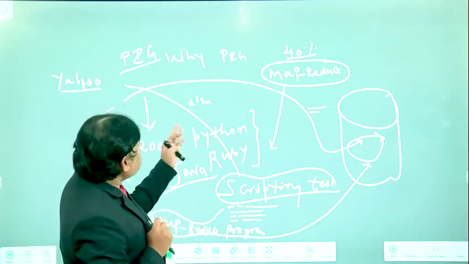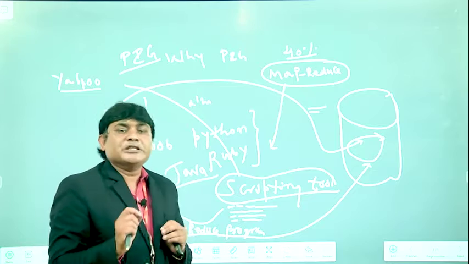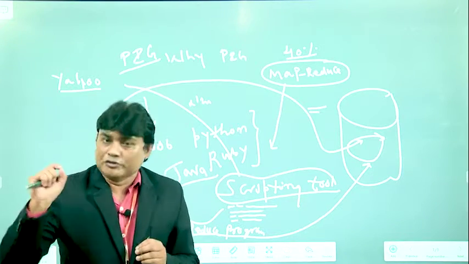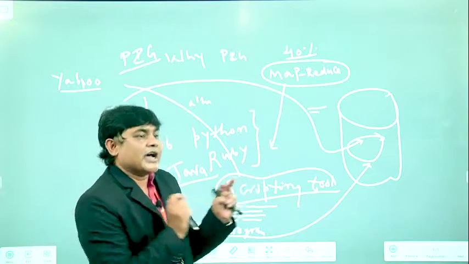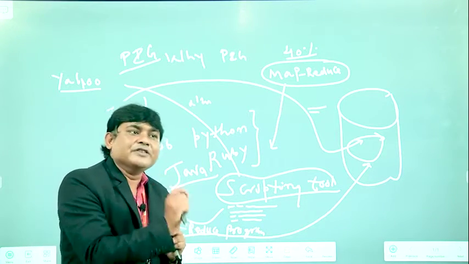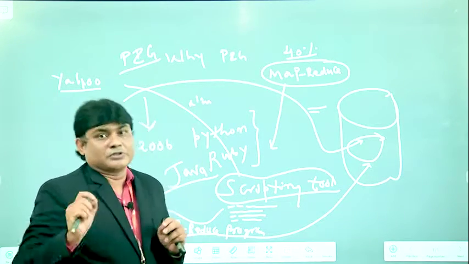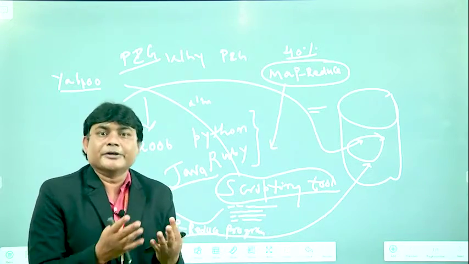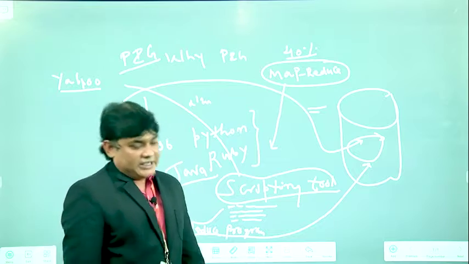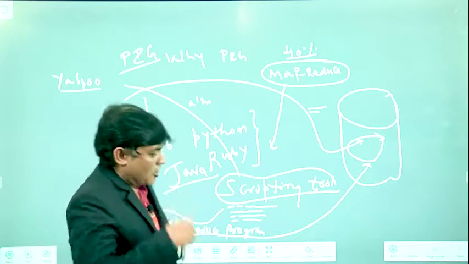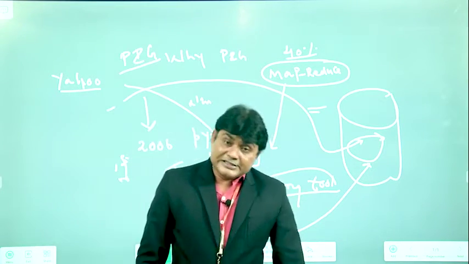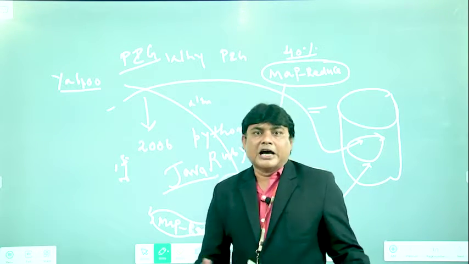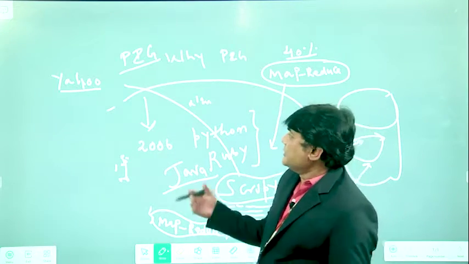Okay, so who invented Pig? Pig was invented by Yahoo in the year 2006. Who invented Hive? Hive was invented by Facebook in the year 2006, and both are going to solve common problems, but they use different approaches. Okay, in this way Pig was born. Now we're going to see which is most powerful, Pig or Hive, and you're going to see one by one.